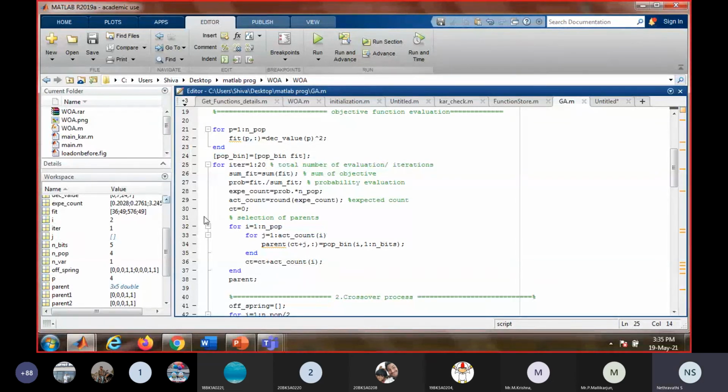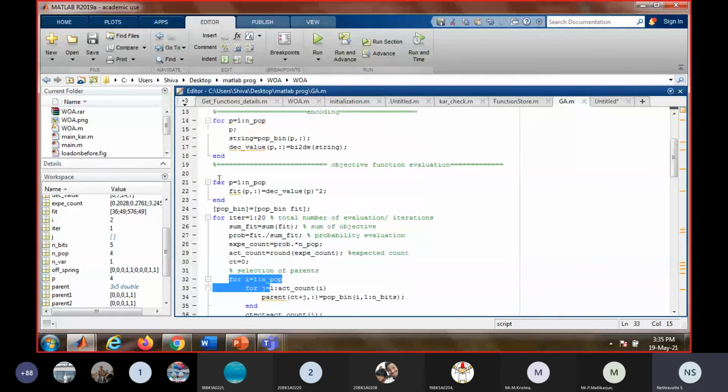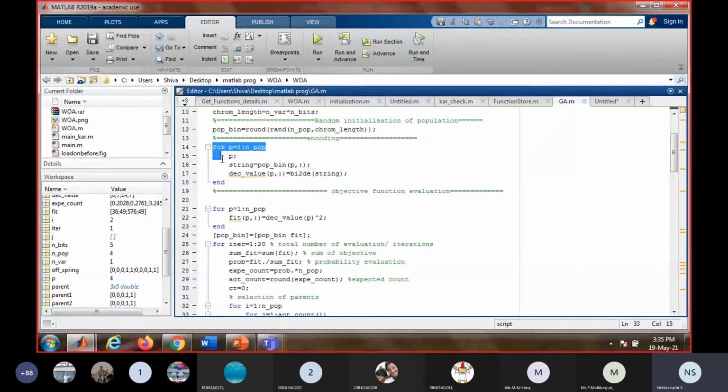Actually, if you write the code like this, see, this converting it into decimal value, I have repeated at least 3 times, right? Once when I encode it, next when I do the crossover, and then again during mutation. This happened because I have placed this code in the main file itself.